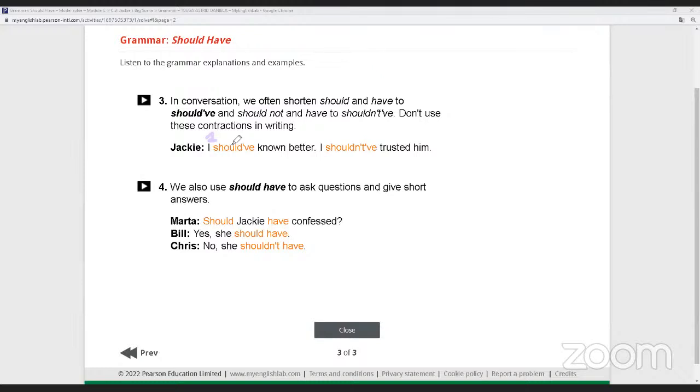Pero en inglés no, se utiliza hartísimo los sujetos. Te vas a dar cuenta, I should, I, y eso es algo súper bonito porque se siguen las reglas, right? So, it's the subject and the modal, right? Okay, so how can I change it? The modal goes first and then